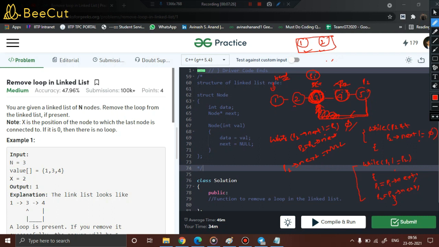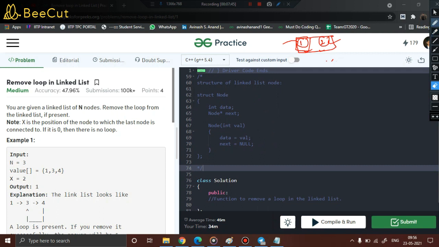So I hope this was very helpful and it has developed an intuition behind the problem. For more clarity and clarifications, you can visit these two playlists: how to detect cycle in the linked list and how to find the starting point of the cycle in the linked list. I have created separate videos for these topics. So I hope you got the intuition. Now let us quickly try to solve this particular problem.